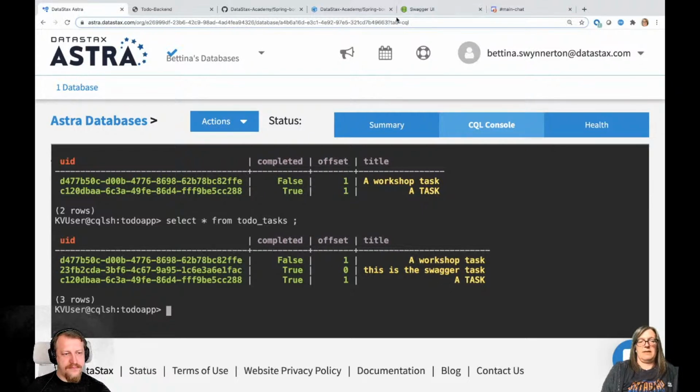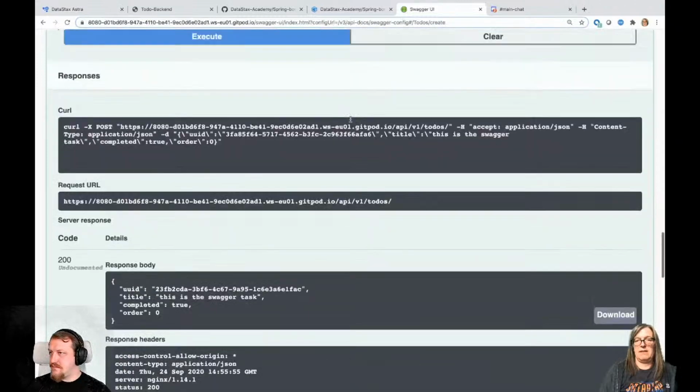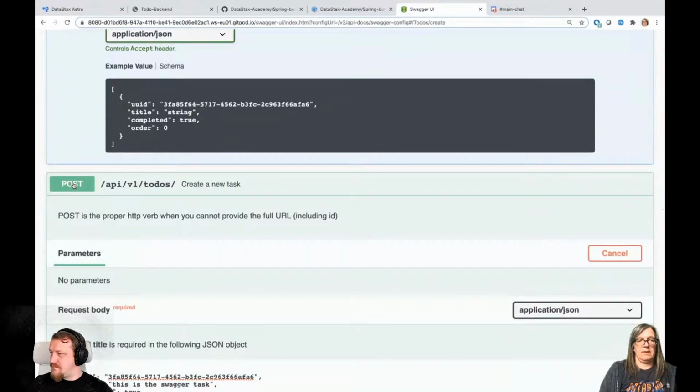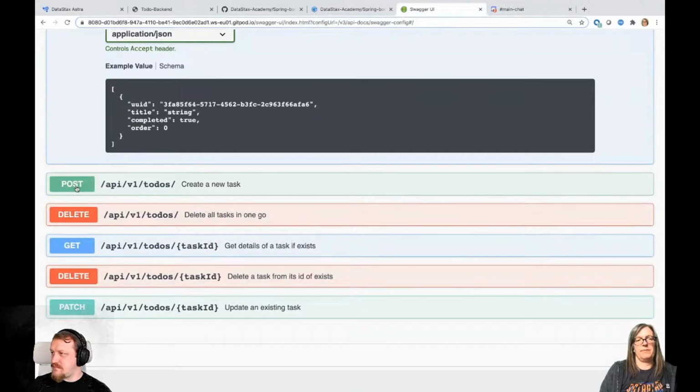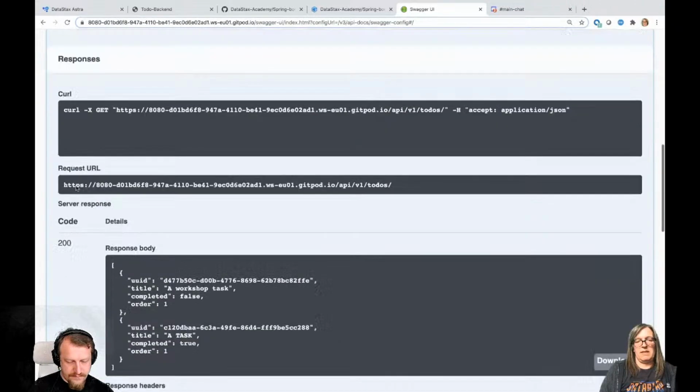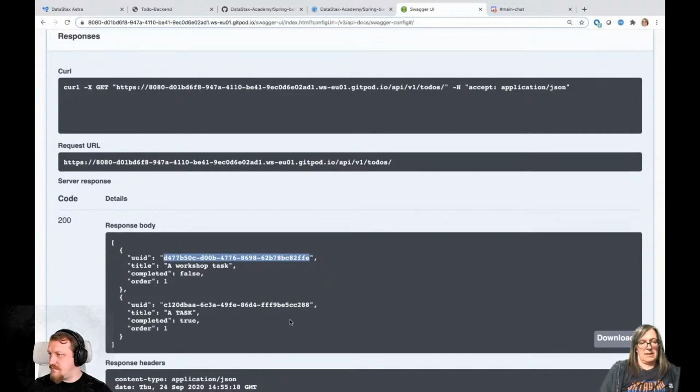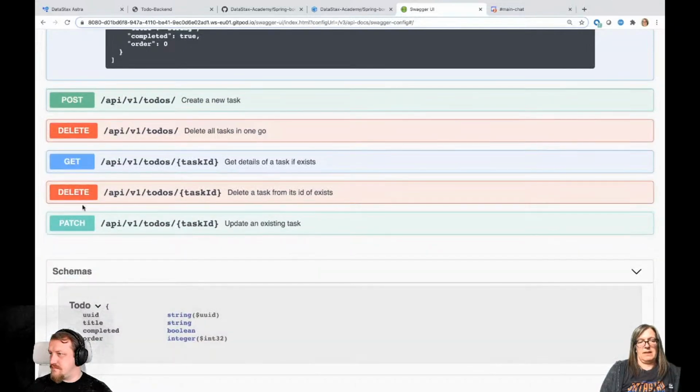For the interest of time, because we definitely want to go to the Menti, I think I'll just show you now. Let's do perhaps a deletion of one specific one, and then we can delete them all. So we use this UUID here and delete a specific task by UUID.